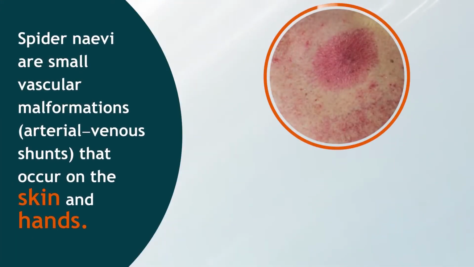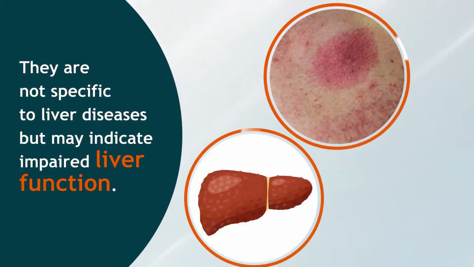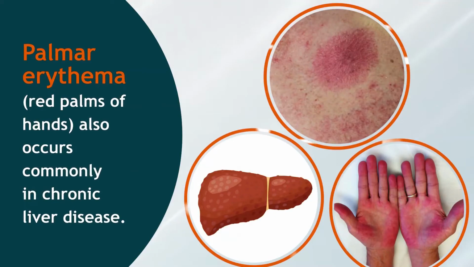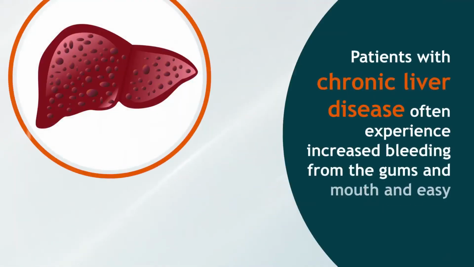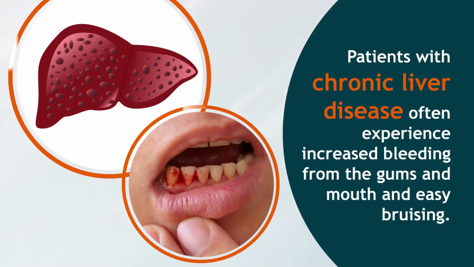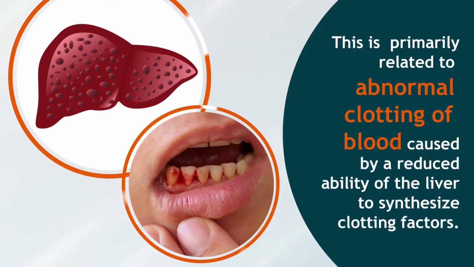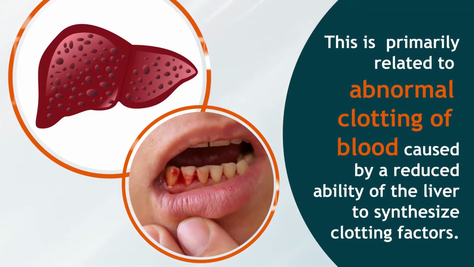Spider nevi. Spider nevi are small vascular malformations, arterial venous shunts that occur in the skin and hands. They are not specific to liver disease, but may indicate impaired liver function. Palmar erythema, red palms of hands, also occurs commonly in chronic liver disease. Bruising and bleeding. Patients with chronic liver disease often experience increased bleeding from the gums and mouth and easy bruising. This is primarily related to abnormal clotting of blood caused by a reduced ability of the liver to synthesize clotting